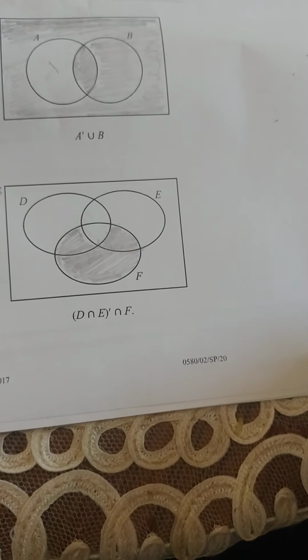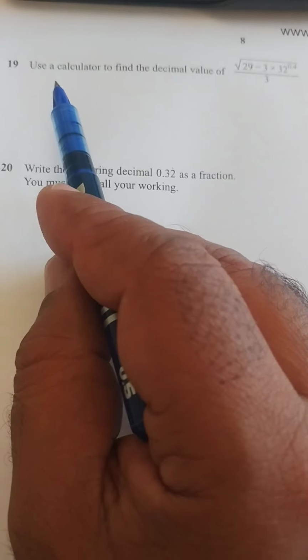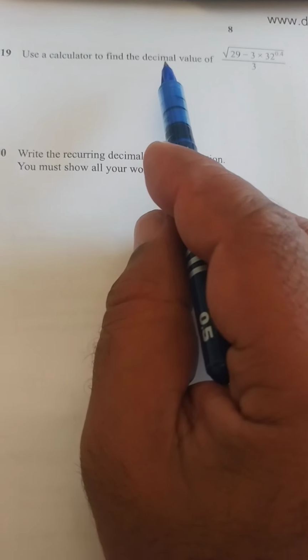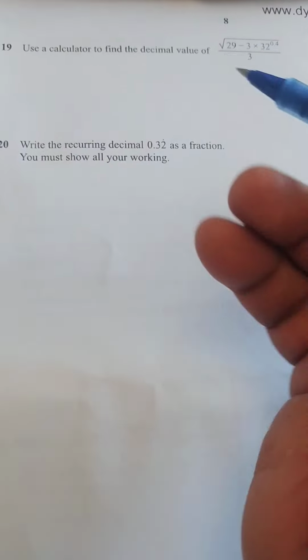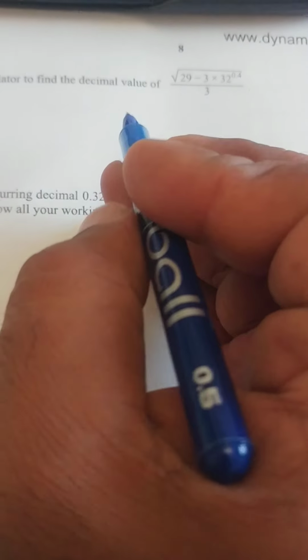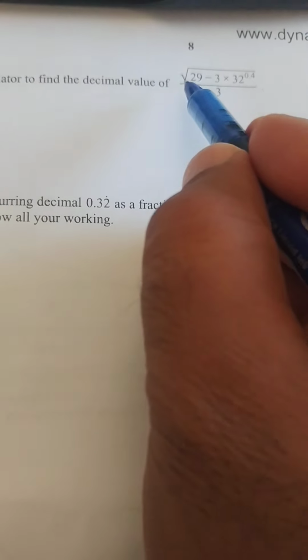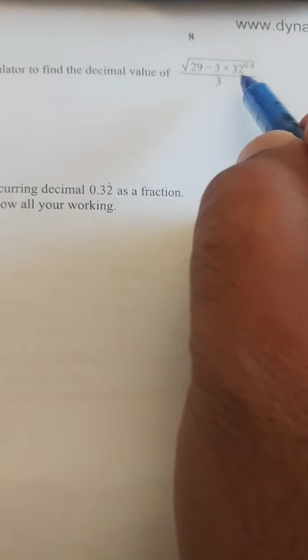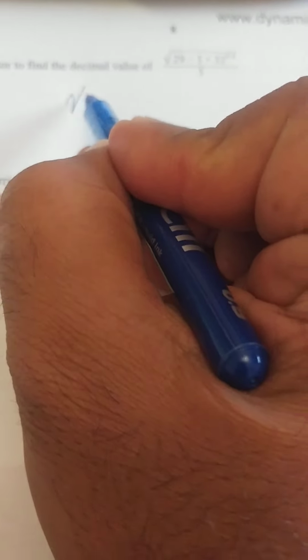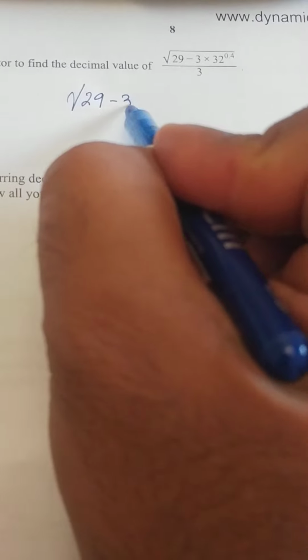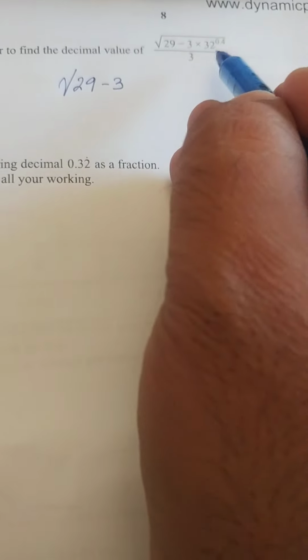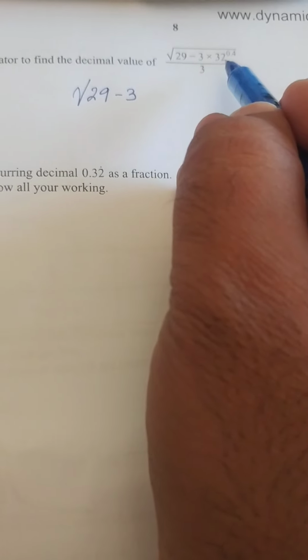Okay, let's proceed to the next question, number 19. Here, guys, question number 19 states, use a calculator to find the decimal value of this. Be careful about the values, because this 3 is not part of the square root. It goes outside the square root. A common mistake done by students is that they consider this as part of the square root. So 32 power